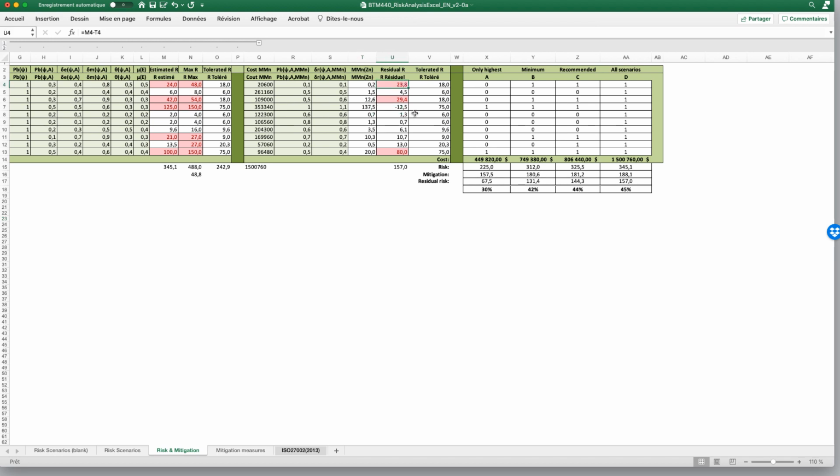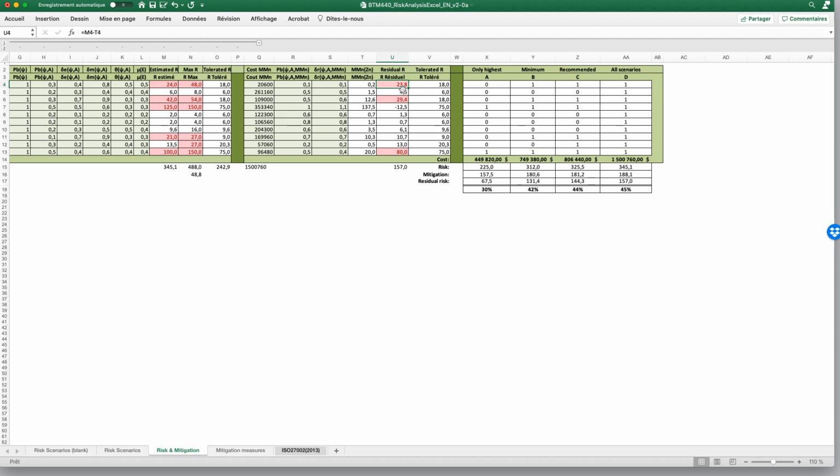So here we're seeing the residual risk. What would be the effect of these mitigation measures, and what would be the residual risk once we've applied that? That's what this section is about, helping us understand the effect of this. And here again, we've identified 3 that are showing in red, and those 3 are such that even once we've done what we propose to do for risk management,